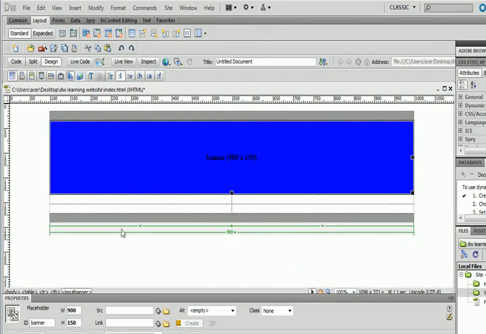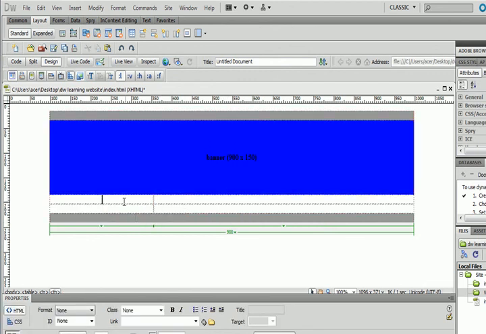Okay, now we want to have this area as our text area, and I want to change